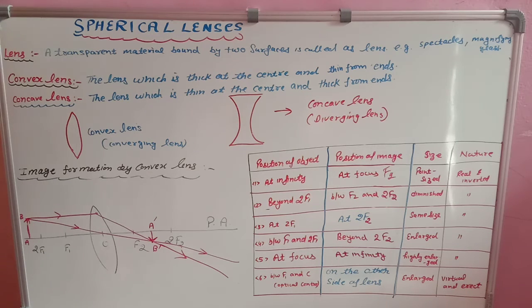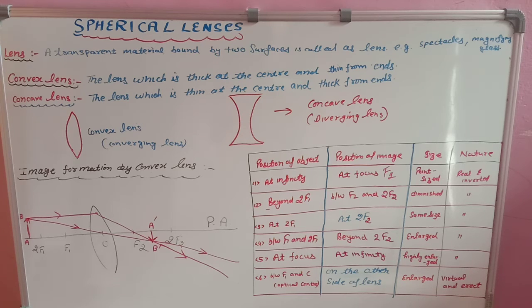So your ray diagram for second point is on your screen. Okay, so this is ray diagram when object is beyond 2F1 and image is between F2 and 2F2. Now you can observe that AB was little big in size, but A dash B dash is small in size, means image is diminished. Students, I have seen many of your seniors, they were doing one mistake, that they were not giving name to object and image. So you need to give name to your object and image. Okay, so this is our second ray diagram.